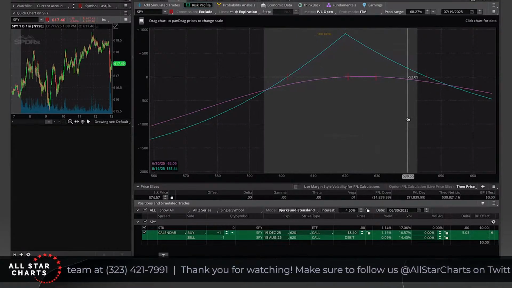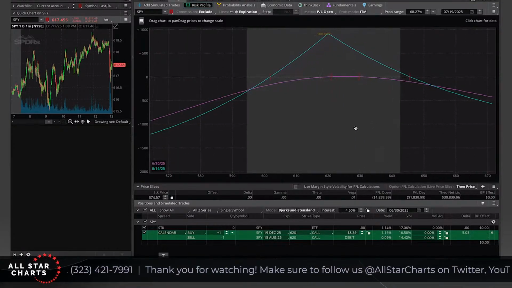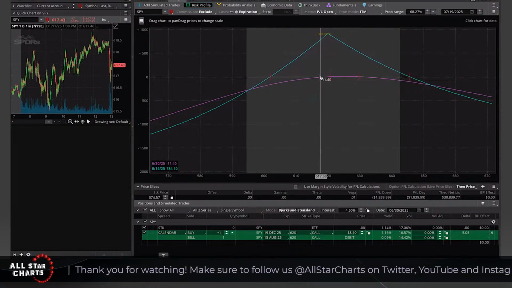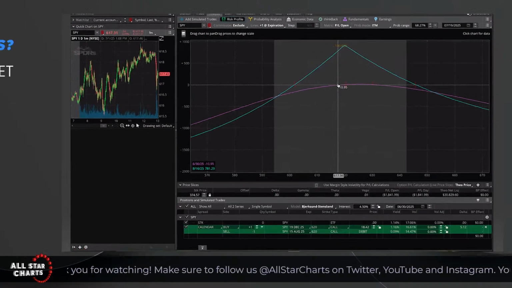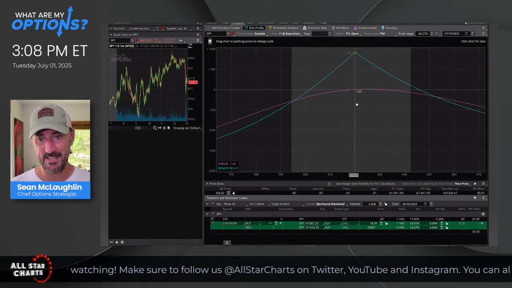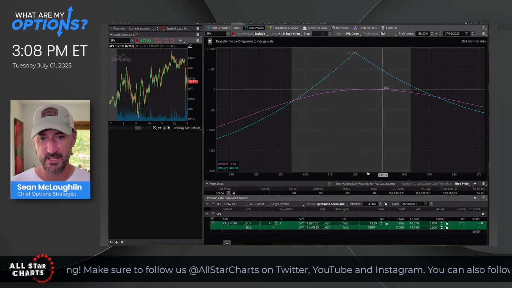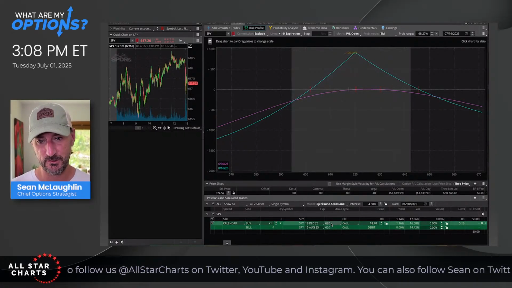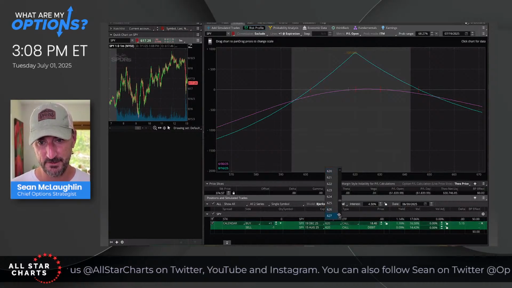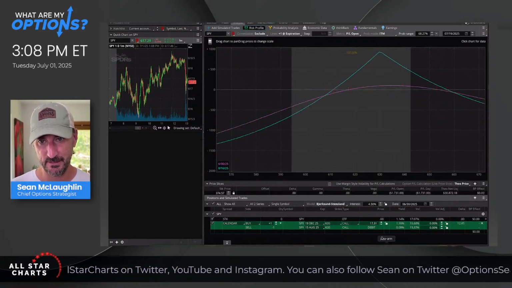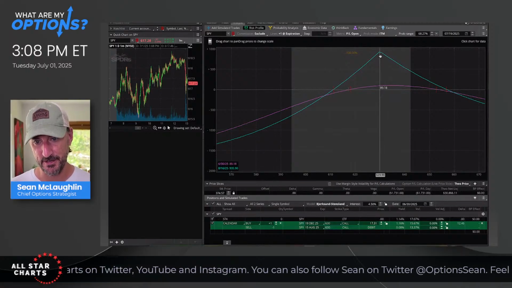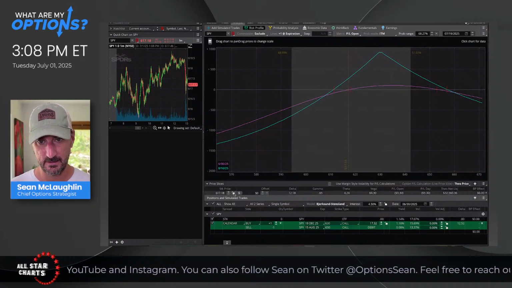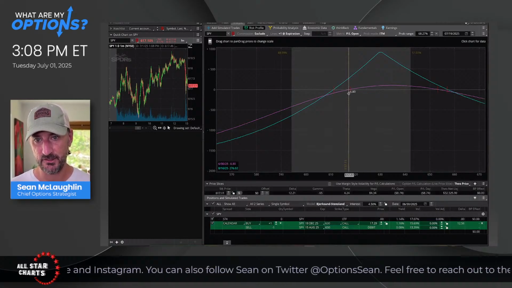Now you can see with the market trading right here, this is where we're at if we were to get into this trade right now. This trade, you want the market to kind of stay right where it is. You know what? Let's change this up a little bit. On that vertical spread we did before, we did a 620, 630, right? So let's just keep the strikes, the targets similar here. So let's make the target a 630. All right. Now we're right here. Yeah, there we go. You can see this is where the market is right now.